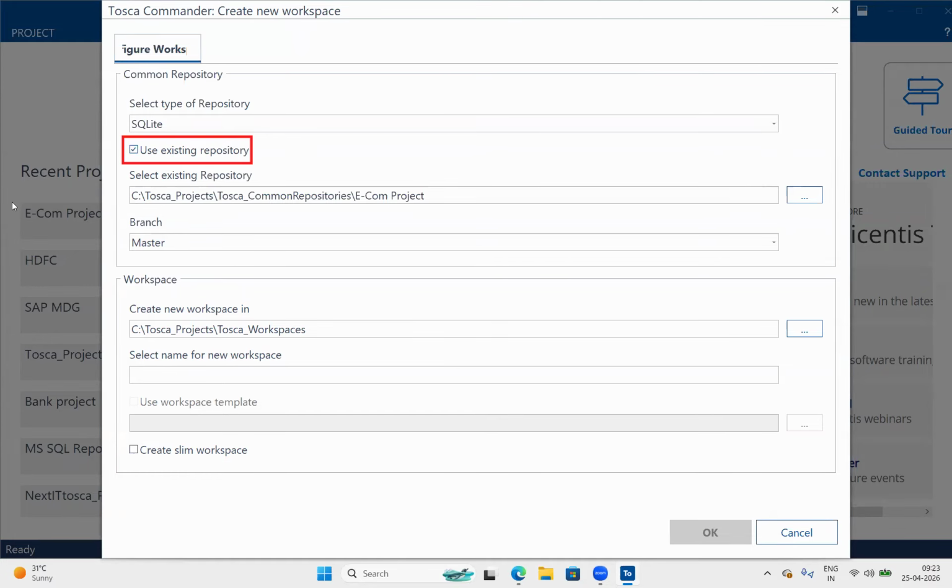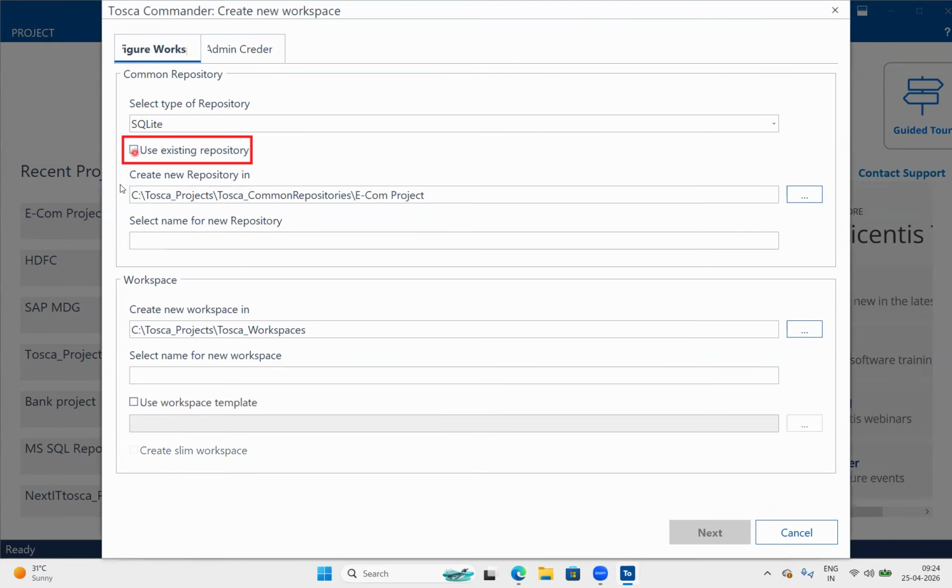Because as a team member, we always join existing projects in real time. If you are allocated to a project, you have to join the project workspace. You're not the person creating the workspace from scratch. Because this project is already created, you're just joining it. This is recommended. But for practice purposes, initially uncheck this particular checkbox.